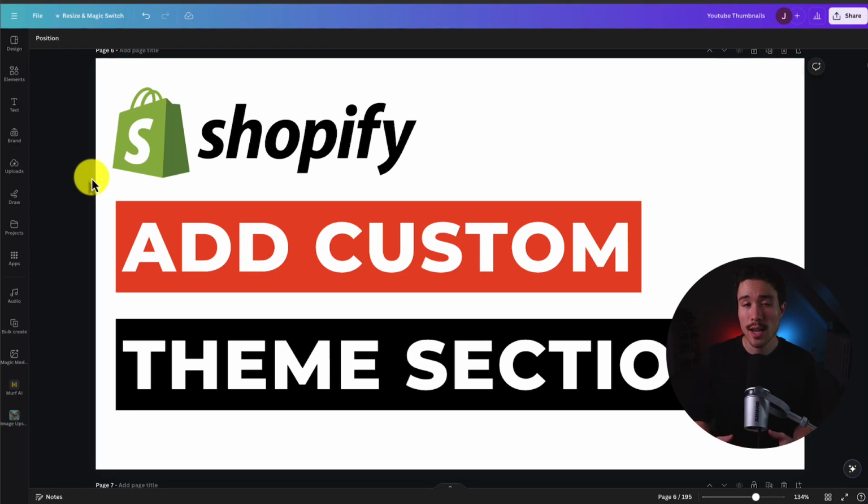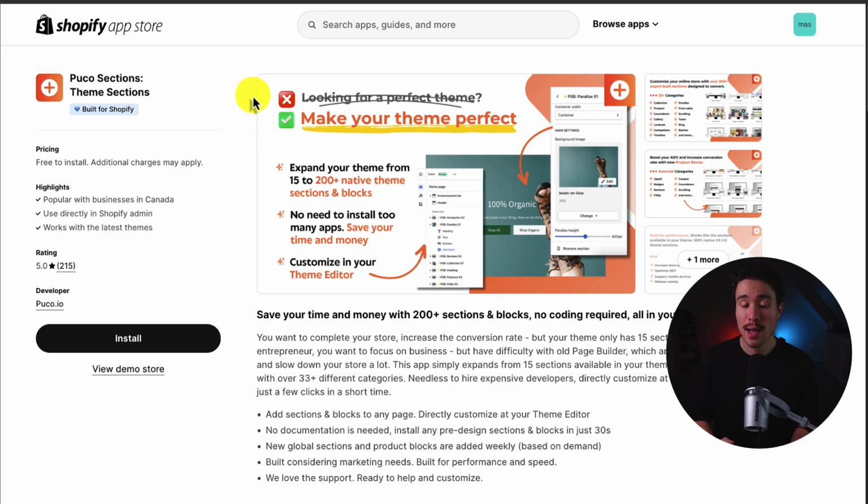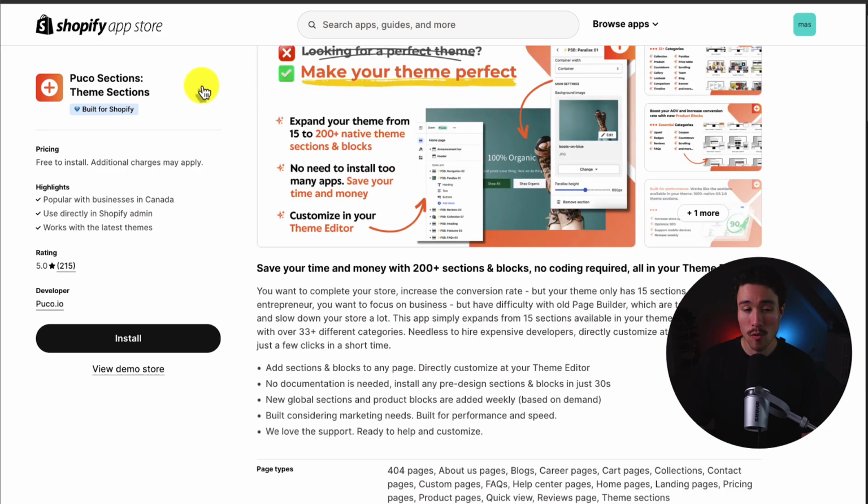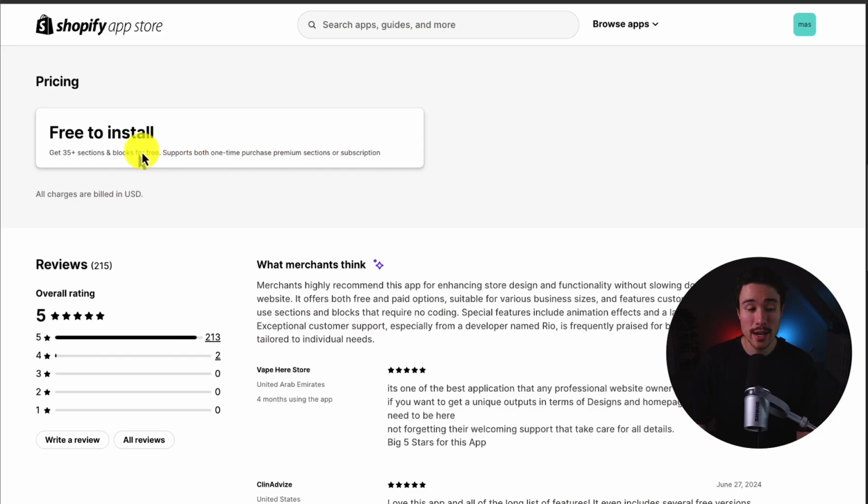I'll be showing you step by step how to add custom theme sections to your Shopify store. To do so, we'll be using an app that has 35 plus free sections. It's called Puko Sections. Overall, they have 200 plus native theme sections and blocks. As mentioned, it has 35 plus sections and blocks for free, and overall, the app has a great rating of